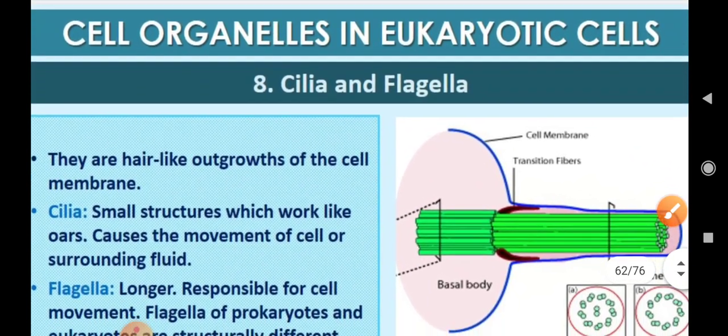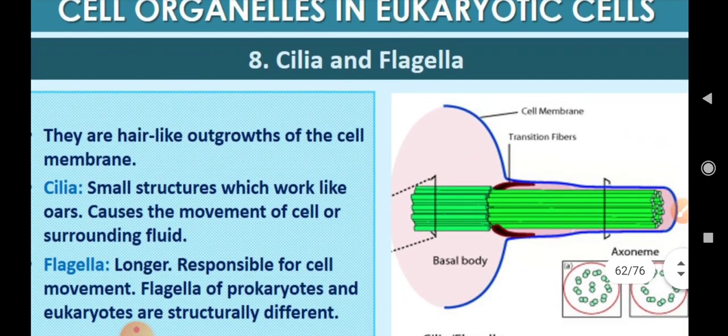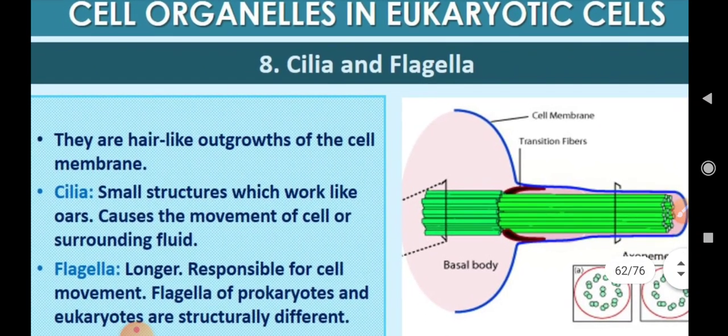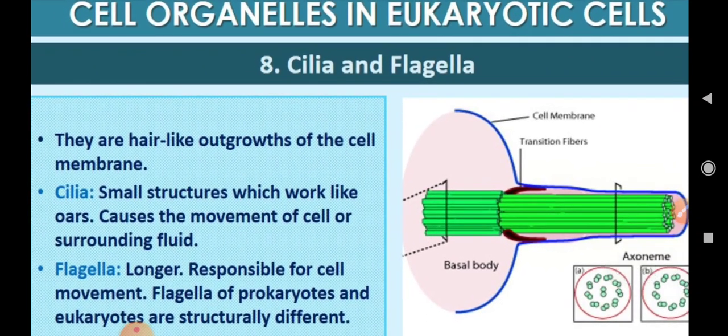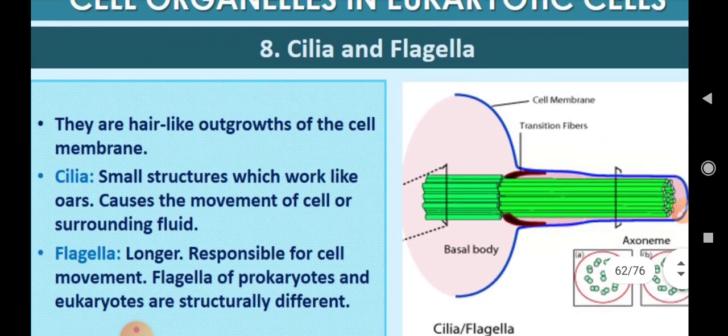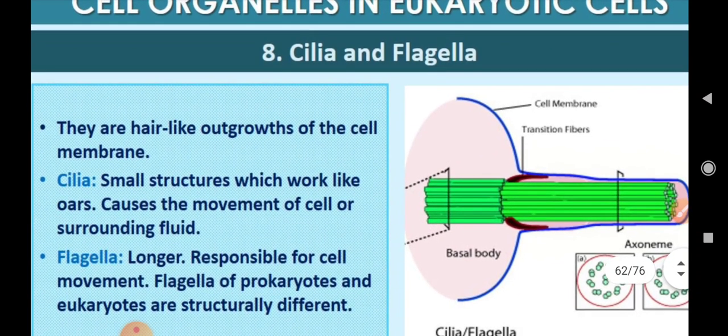Now moving on to the motility organs. Now we know that there are some structures which help in providing motility, but cells don't move, but they help in other functions also, like cilia and flagella. These are two main structures which help in motility. Flagella is a single whip-like structure. Cilia look like a brush, small hairs which are present on the surface. So these are hair-like outgrowths of the cell membrane.